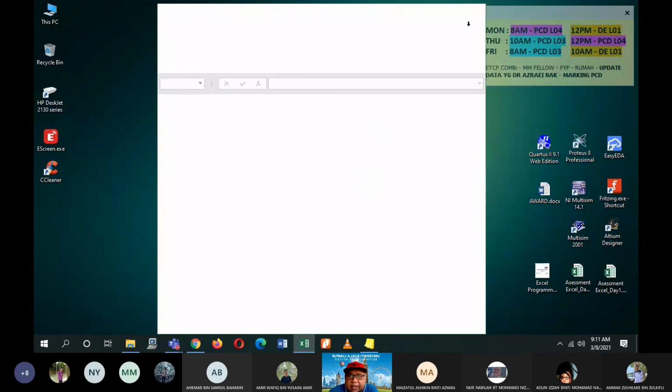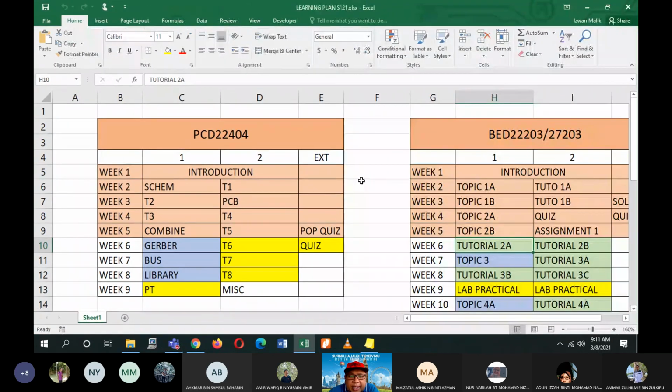Another point about the planning for this subject. This week we'll be doing Gerber and the design software, but we have covered both of these topics already. Next class you'll be having task 6 and task 7, and your pop quiz.